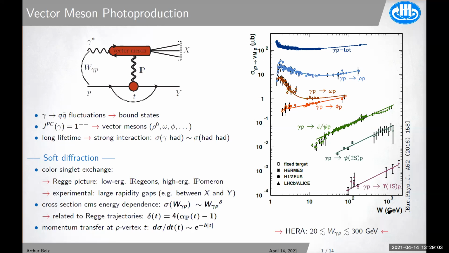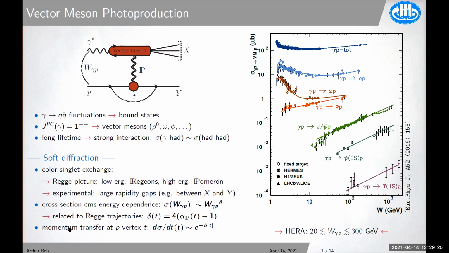So what you see on the plot on the right is just an overview of vector meson photoproduction cross sections, where you see this rise with the energy W. A lot of these measurements were actually done at HERA, in particular in this intermediate energy range. The energy rise in this Regge picture is actually characterized by the Regge trajectories, in particular the intercept at t